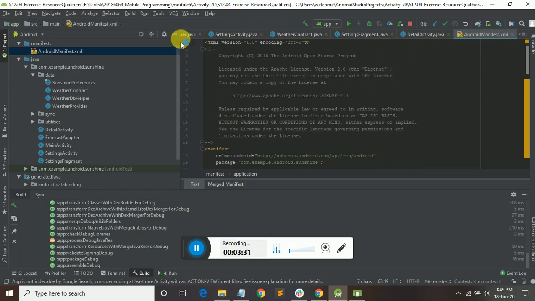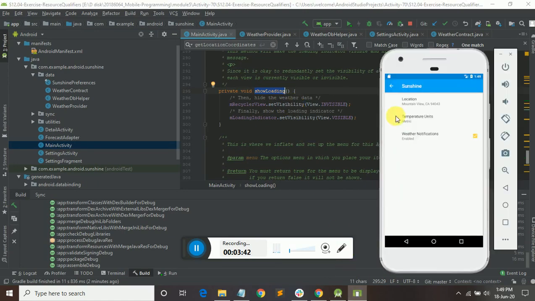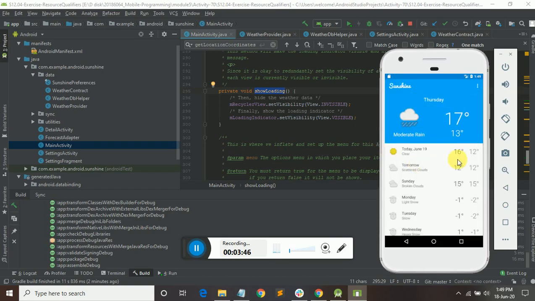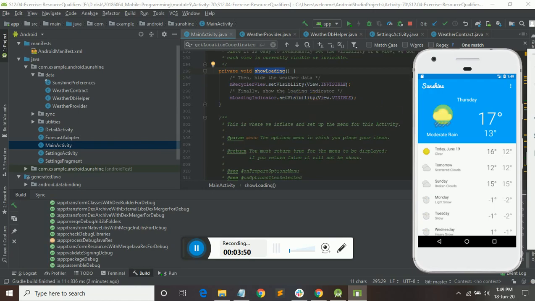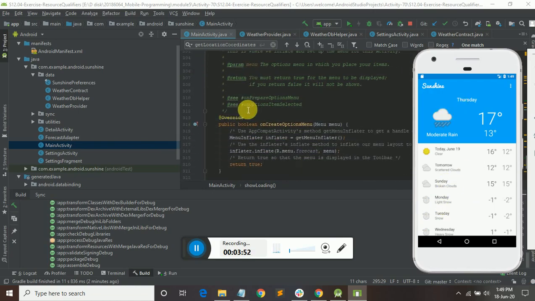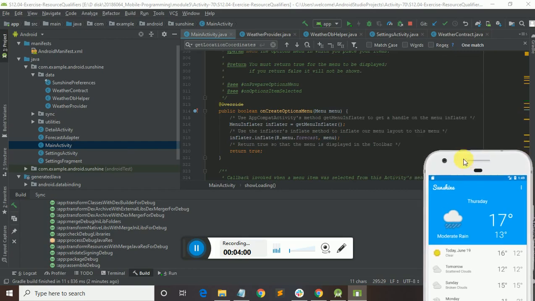So directly we go to the main activity, on which the first page will load. Here, show loading is about whether it is visible or not. You can see here, it makes it visible. Set visibility, the view should be visible, and here onCreateOptionsMenu uses the menu inflater to get a handle.